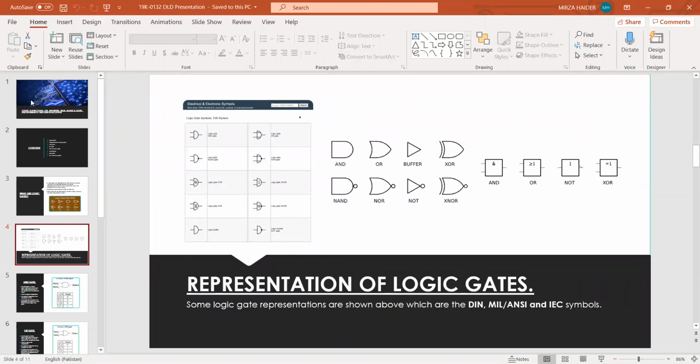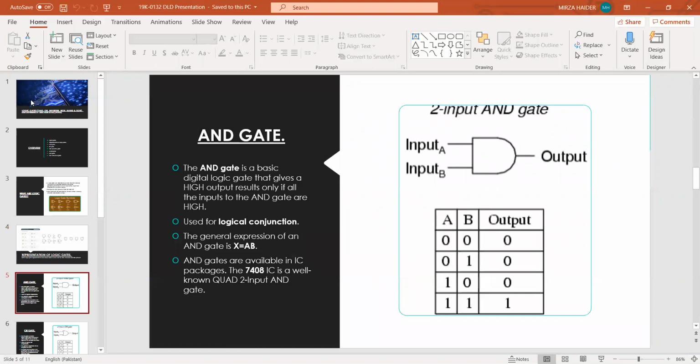The next thing that we're going to cover is the representation of logic gates. As you can see in the above figure, we've got some representations of logic gates, which include the DIN symbols, the MIL slash ANSI symbols, and IEC symbols. So to your leftmost image, we have our DIN symbols. In the middle, we have our MIL symbols, and to the right, we have our IEC symbols. The most common one that we use in our course are the MIL symbols, but we also occasionally use the IEC symbols. So now we're going to go on to the actual gates,